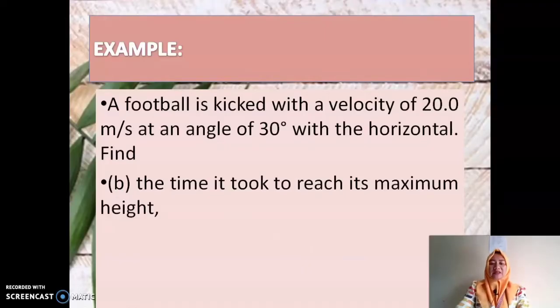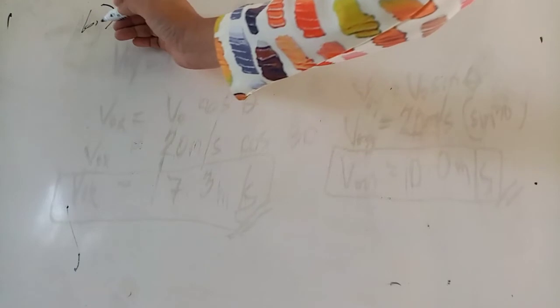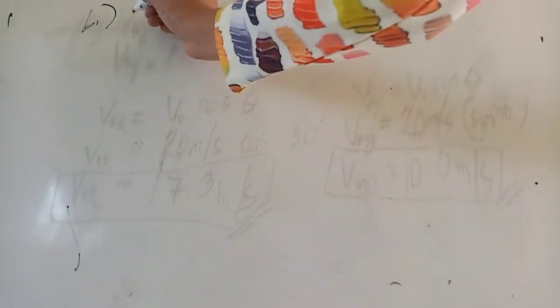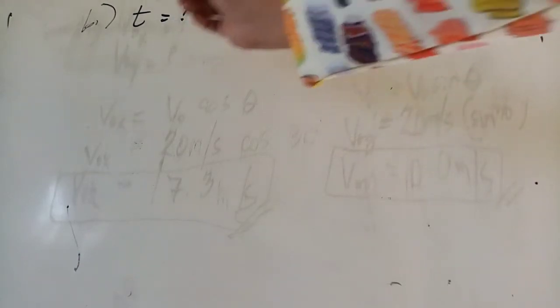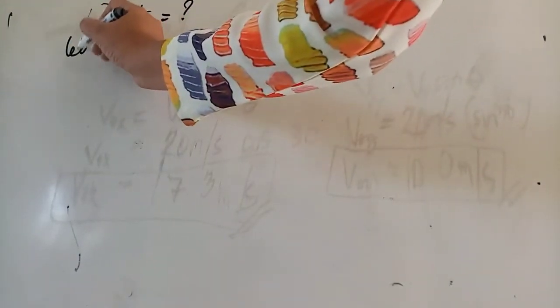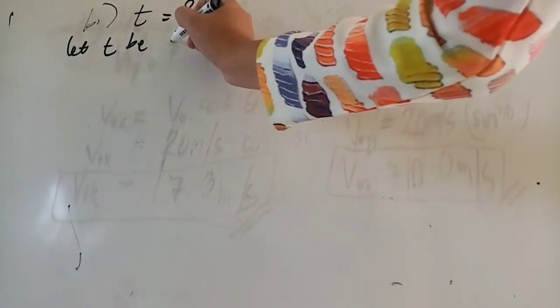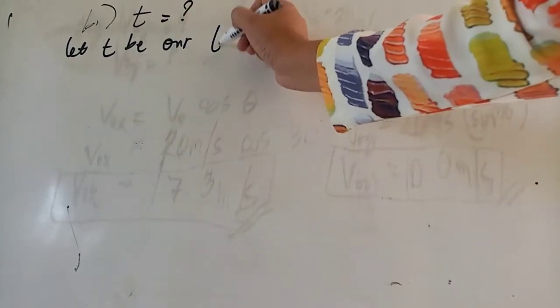For letter B, the time it took to reach its maximum height. Okay, for letter B, what is asked is the time it took to reach its maximum height. So we are to get our time. To get that, let t be our time